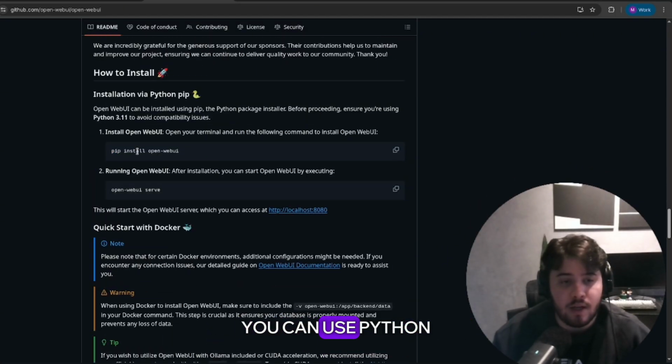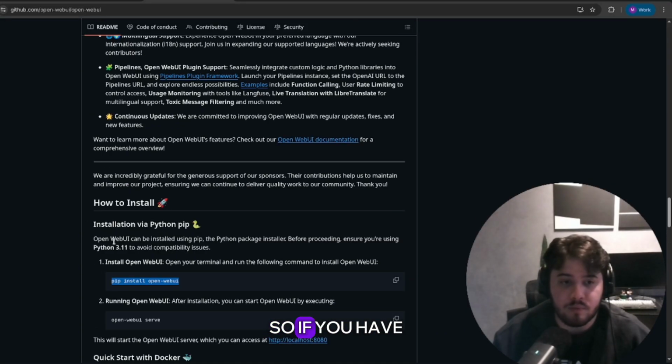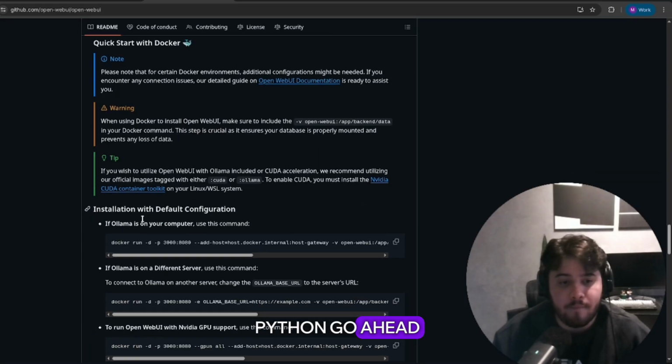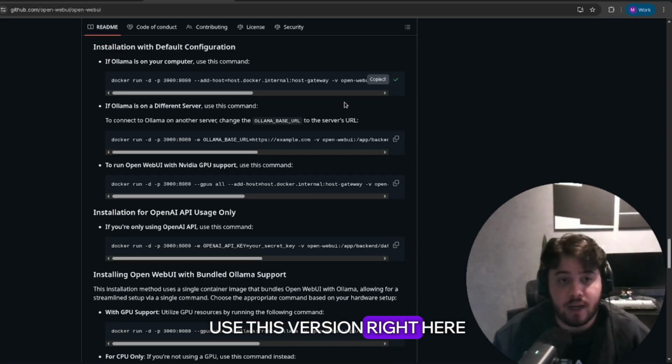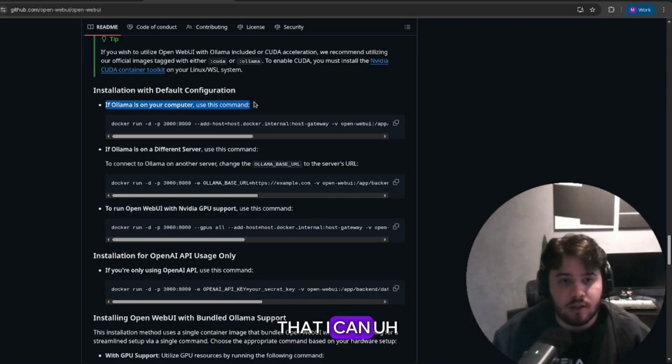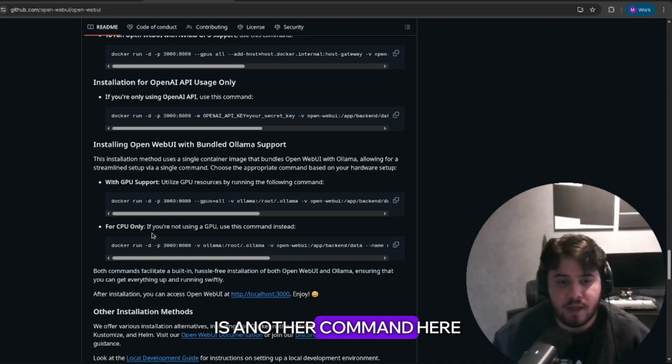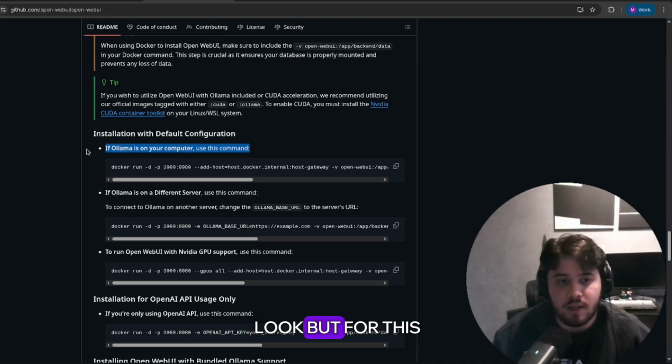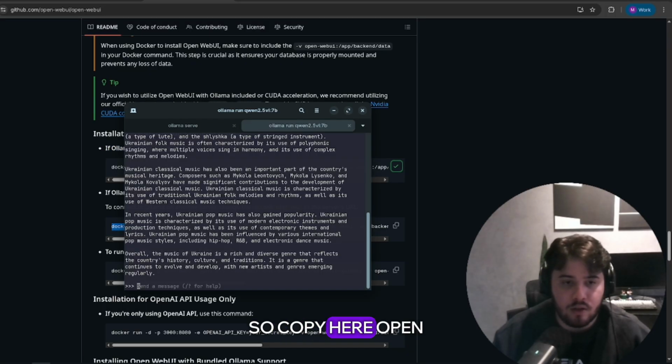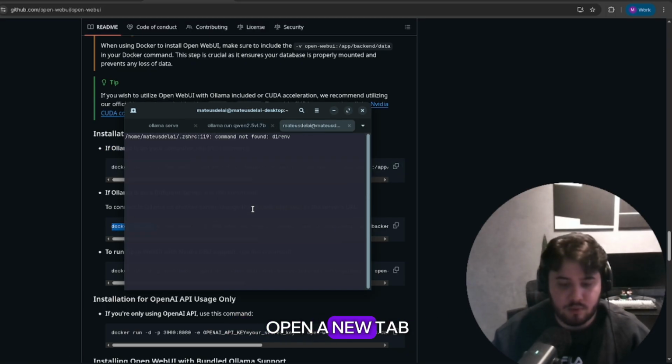So I'm going to scroll down. You can use the Python package manager to download it. So if you have Python, go ahead. But I'm going to use this version right here. That is the one that, if you have Ollama on your computer, you use this command. There is another command here, you can take a look, but for this tutorial we're going to use this one. So copy here, open the terminal, I'm going to open a new tab,